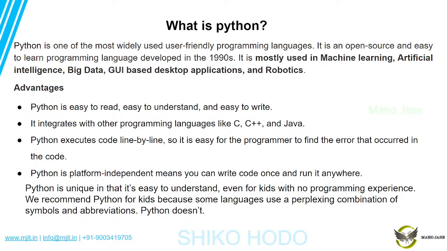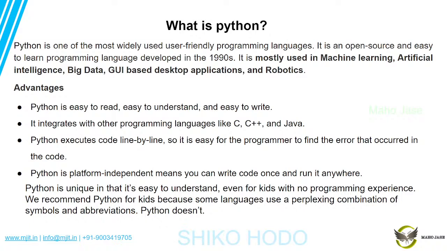So if you take C language, C++ or Java, they are somewhat more complex to understand because of their symbols and abbreviations. But Python doesn't, because it is a very simple language. Even a school kid of 7 years or 8 years would understand the Python language easily. So now we have seen what Python is